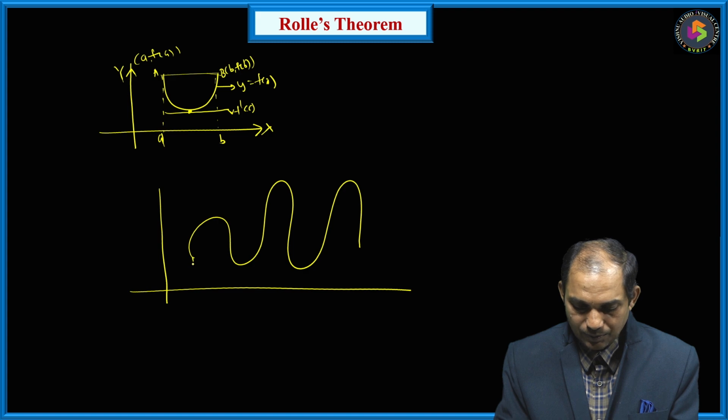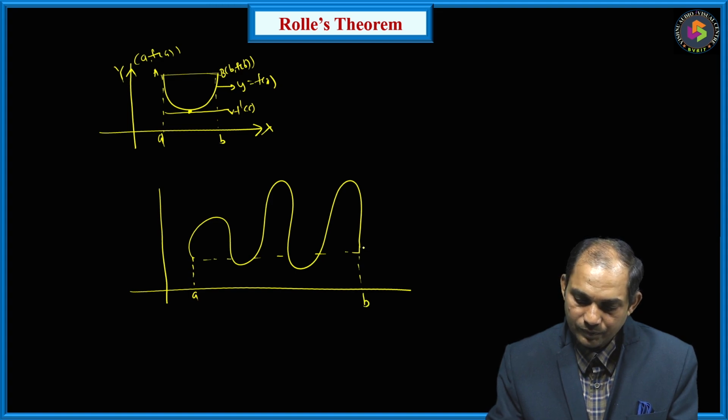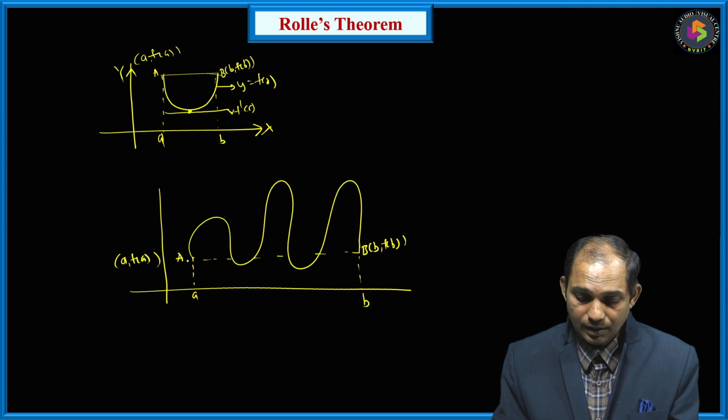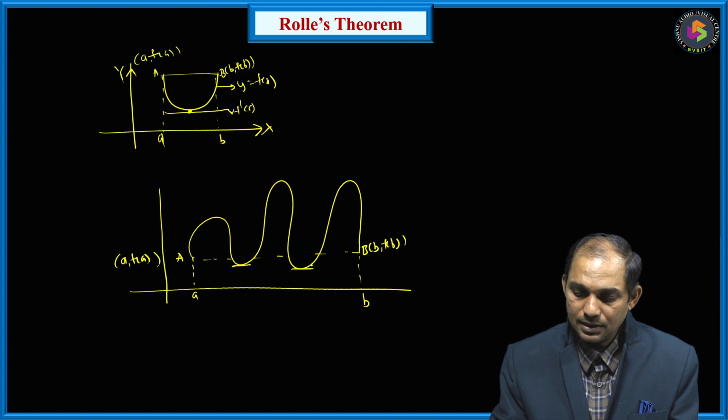So this is the point corresponding to A, and endpoints have to be maintained at the same height with reference to the x-axis. This is point B, B comma f of B, and this is capital A. It represents A comma f of A, and we have one tangent parallel to the x-axis,